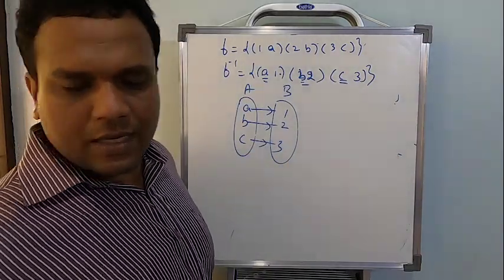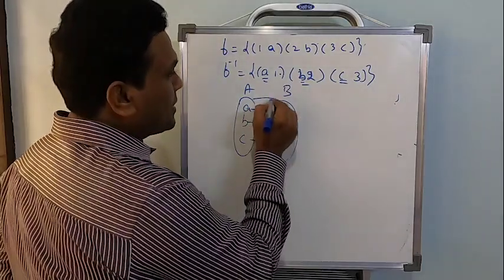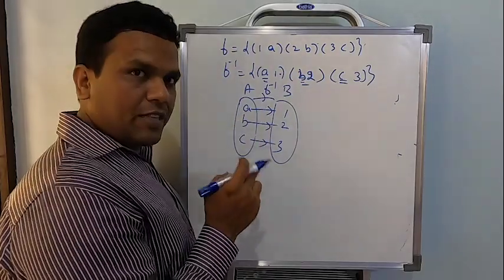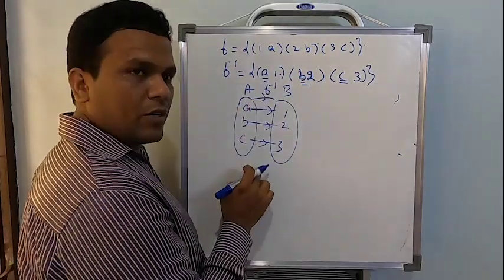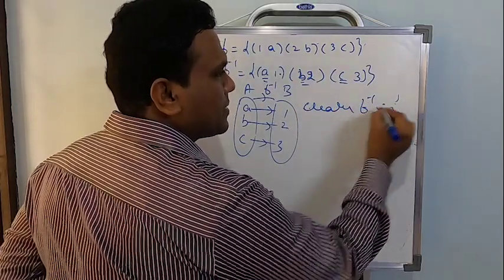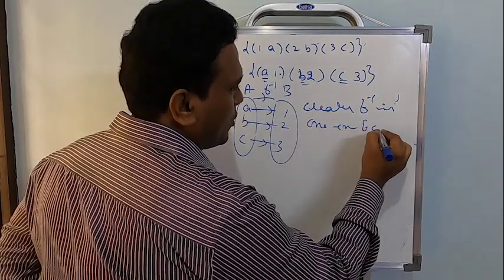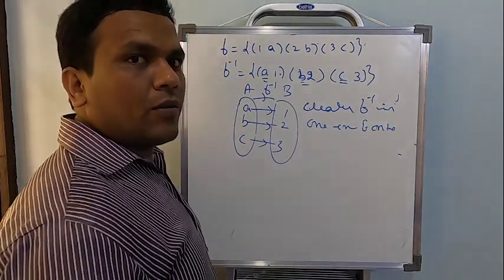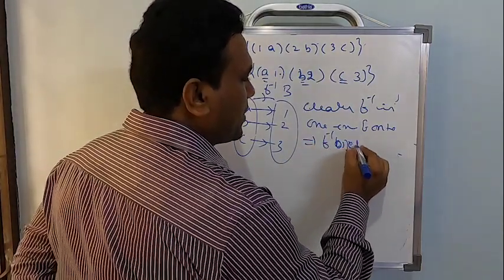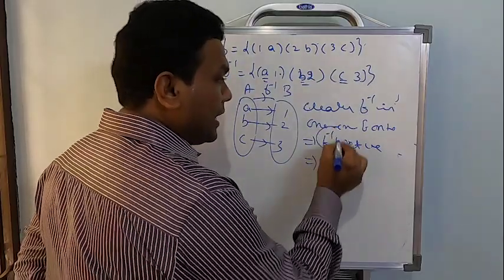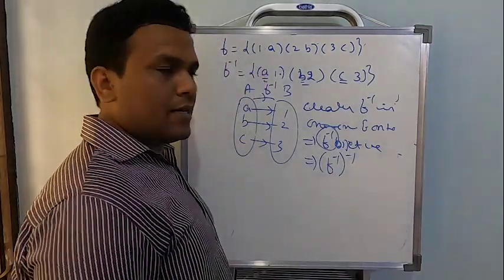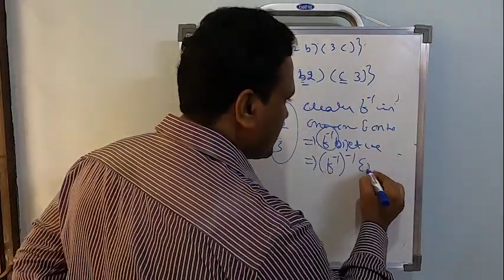Once again, students. Okay. Now, what is actually from here to here? This is the function for me now. First, I'm going to check whether this is 1-1 and onto. Clearly, it is 1-1 and onto. Clearly, I have to mention the same statement. Clearly, f inverse is 1-1 and onto. If it is 1-1 and onto, f inverse is bijective. If f inverse is bijective, the inverse of this will exist. The inverse of f inverse, the whole inverse, exists.